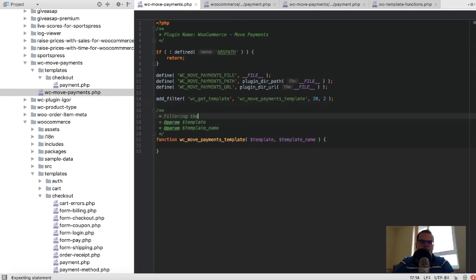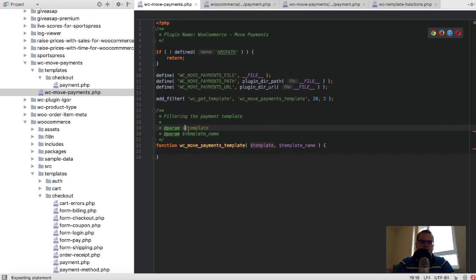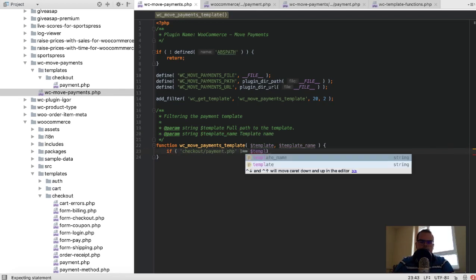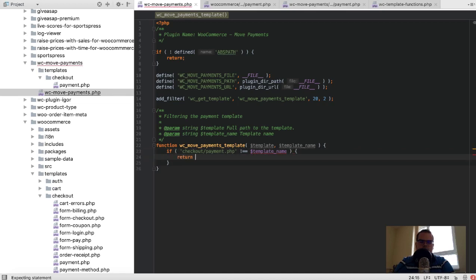So filtering the payment template, right? So this is a string for the template, and this is also string, which is the template name. So we can now say if checkout payment PHP is not the template name, then we can just return the template that we have received here. But if it is, then return the, I'll use this one, the path, and then we can use